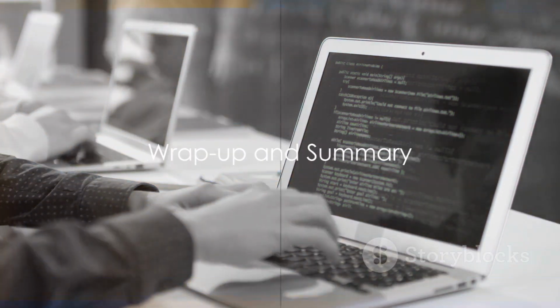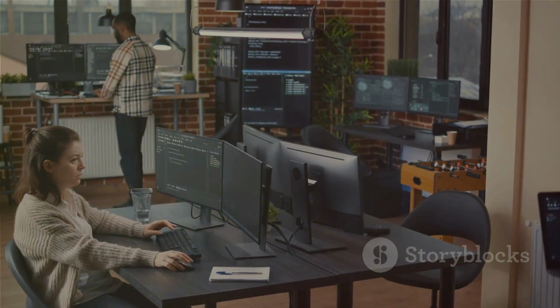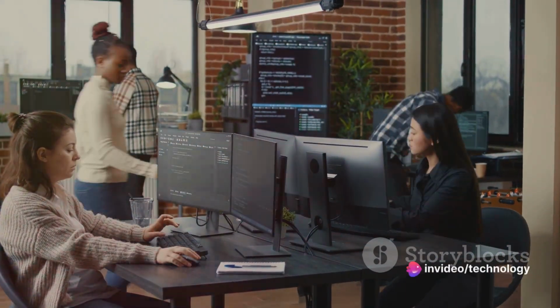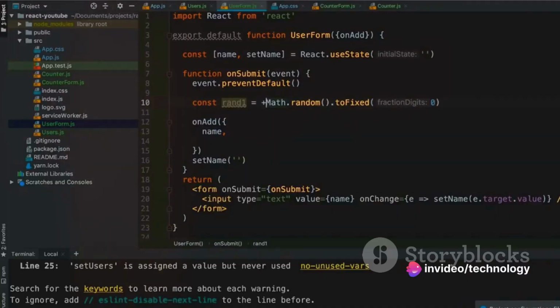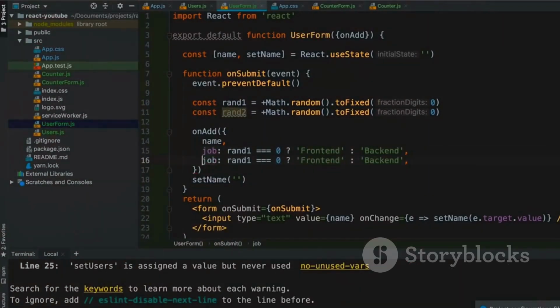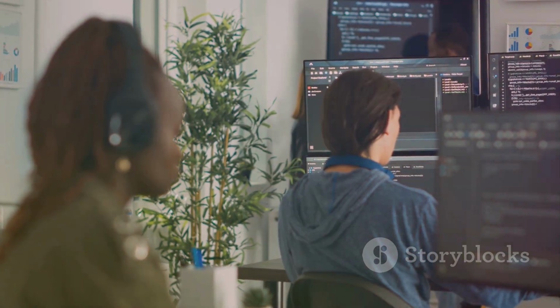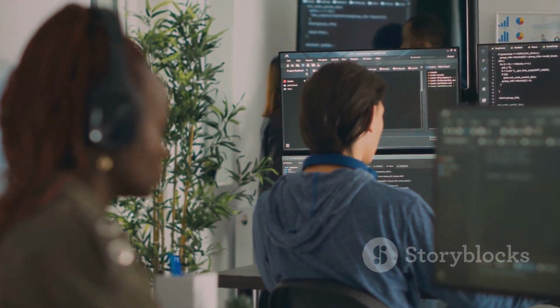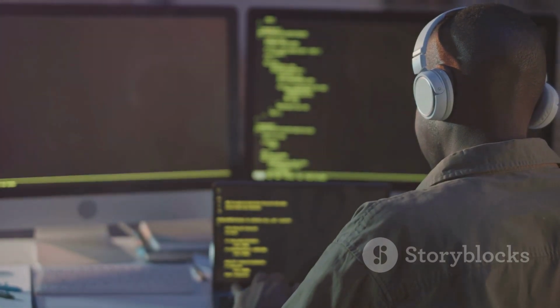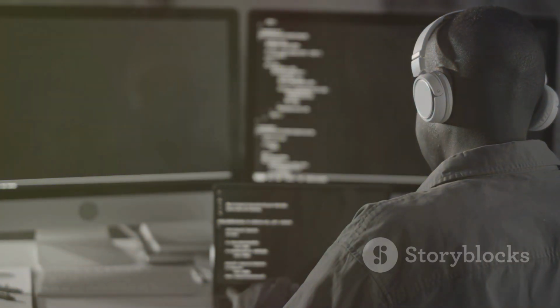So, we've taken a journey through the world of loops in Java. We've discovered how loops, a fundamental concept in programming, make repetitive tasks manageable. We've explored the intricacies of the 3 types of loops in Java: for, while, and do-while loops, each with its own unique application and functionality. This knowledge is essential not just for Java but for programming as a whole. Remember, mastering loops is a crucial step to becoming a proficient Java programmer. Keep practicing and you'll